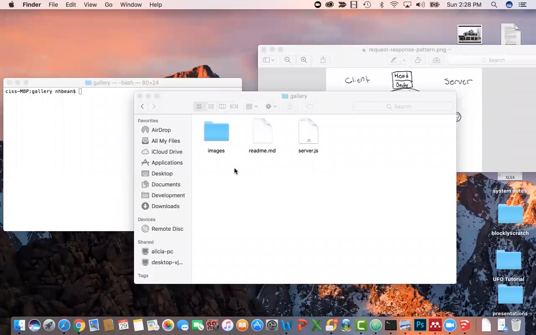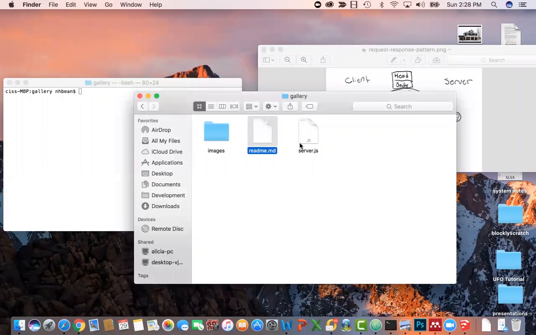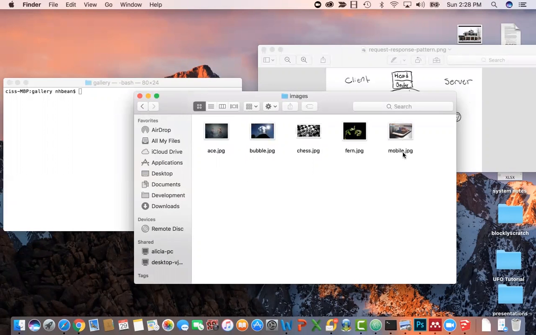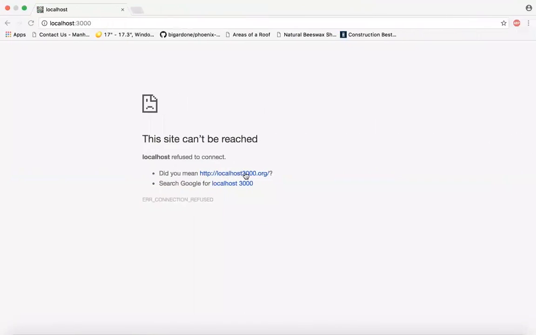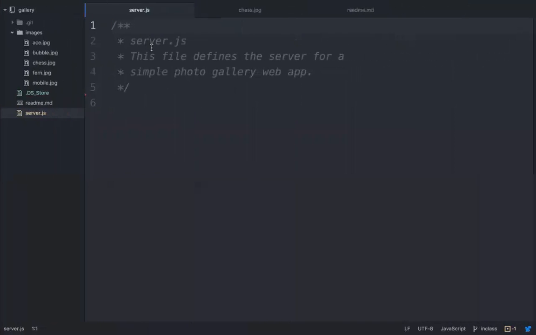All right, at this point you should have downloaded or cloned the gallery repository, and that will give you a directory structure that looks something like this. We should have a README file in Markdown, a server.js file, and an images folder that's been preloaded with a few images. If we actually open that with an editor and take a look at what that looks like,